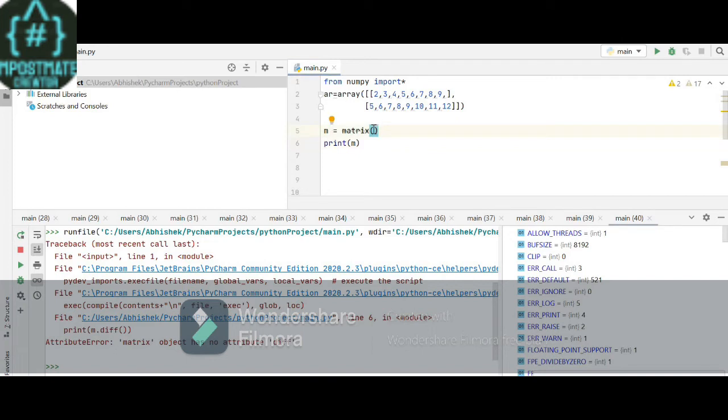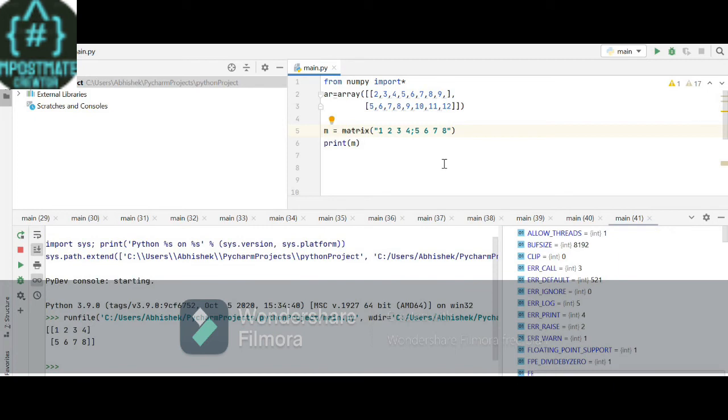So let's try making a matrix. 1, 2, 3, 4. No space. 1, 2, 3, 4. And then semicolon. It was by my mistake. Now 5 space 6 space 7 space 8. Now let's run the code. Yes, it worked. Now I can also try